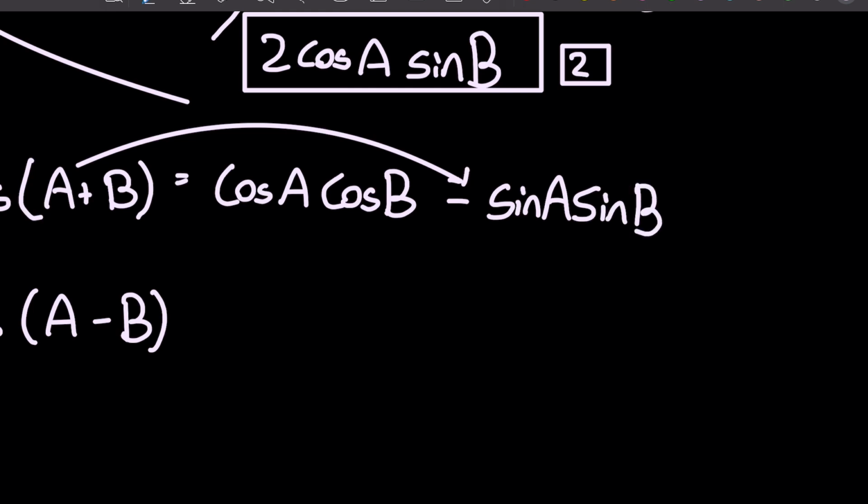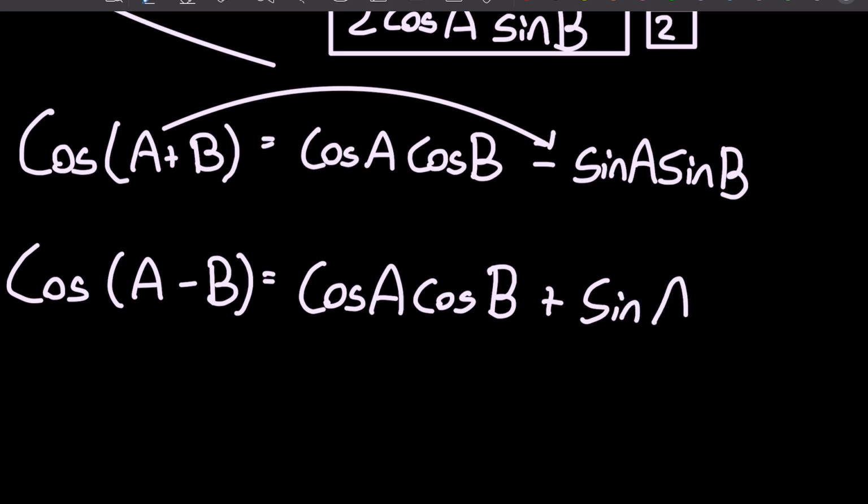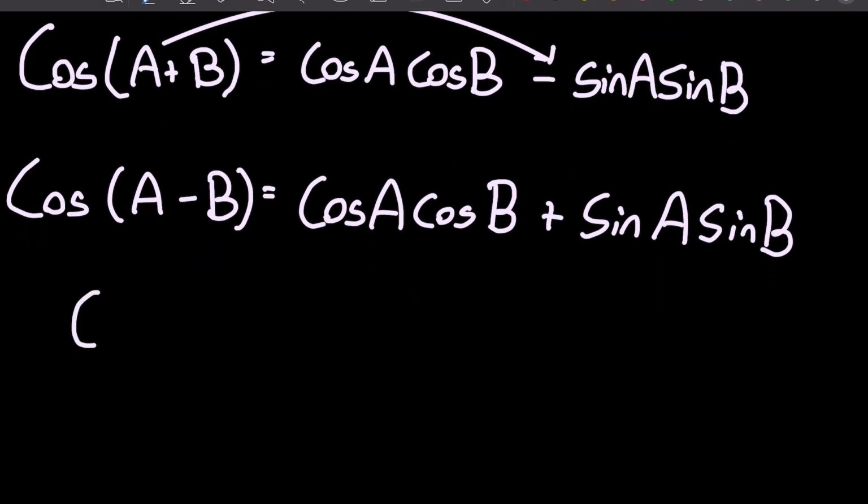And for cos a minus b, well, that's just going to be the same thing but with different signs, plus sine a sine b. And let's say we wanted to have cos a plus b